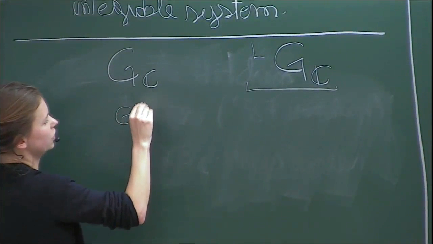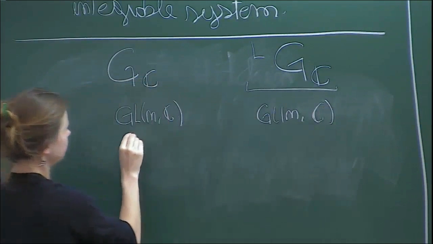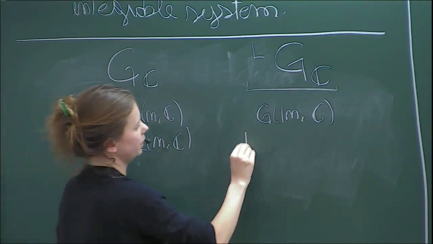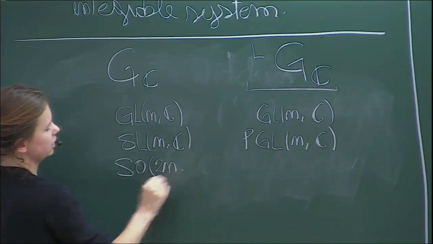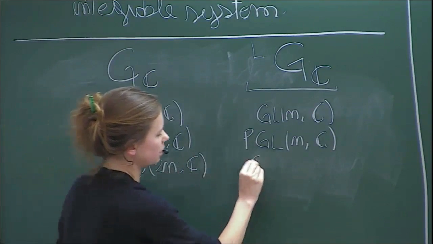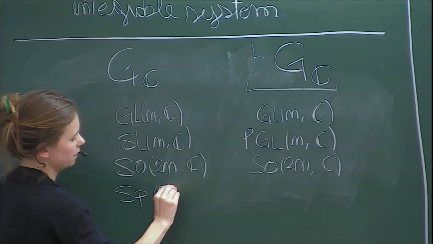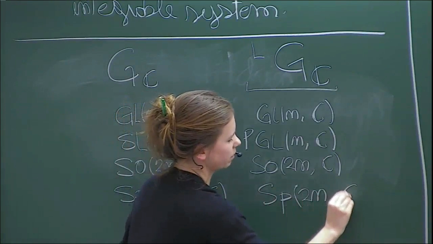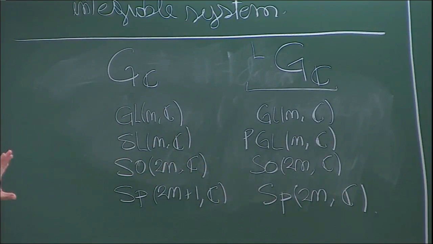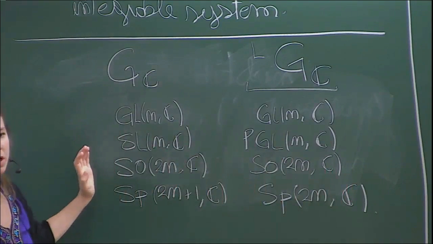So for GL_n(C), we're self-dual. We're going to put GL_n(C). For SL_n(C), you're going to have PGL_n(C). For the special orthogonal with even degree, SO_{2n}(C) is going to be self-dual again, SO_{2n}(C). And for SO_{2n+1}(C), it's going to be dual to Sp_{2n}(C). So here we have all the options that we're going to be looking at. And one thing that we're going to see today is that once we construct the integrable system for the moduli space of Higgs bundles for one of the groups in this column,